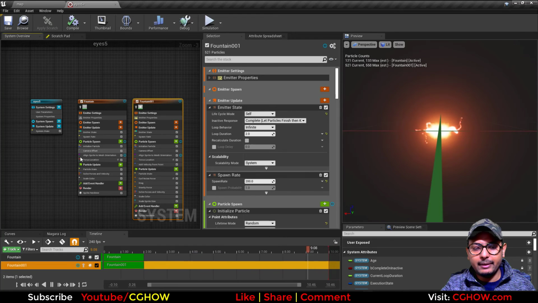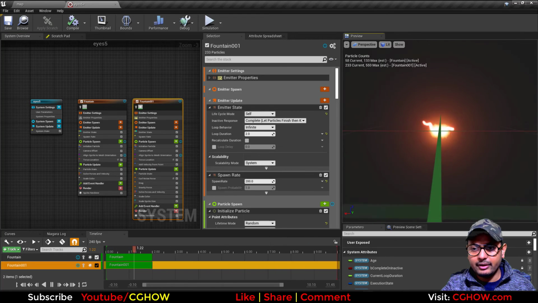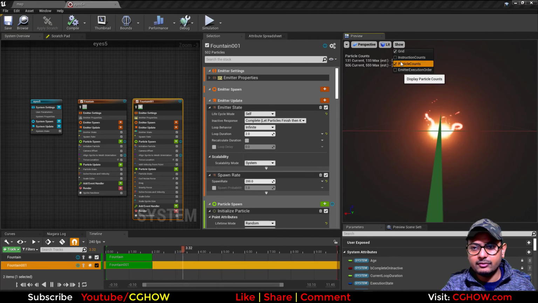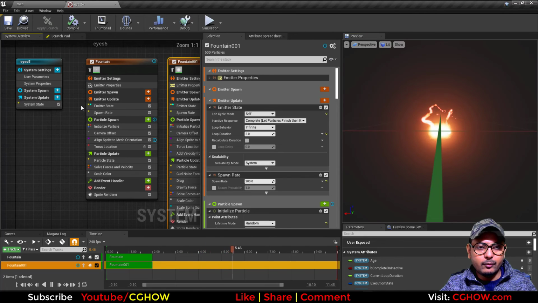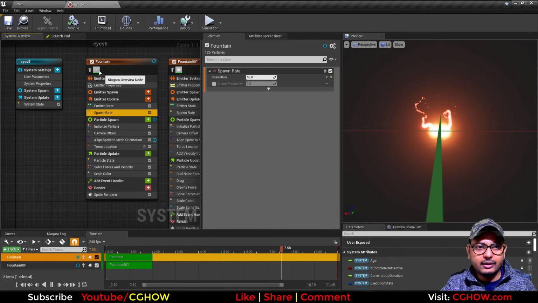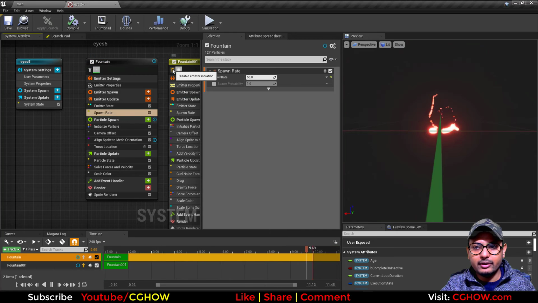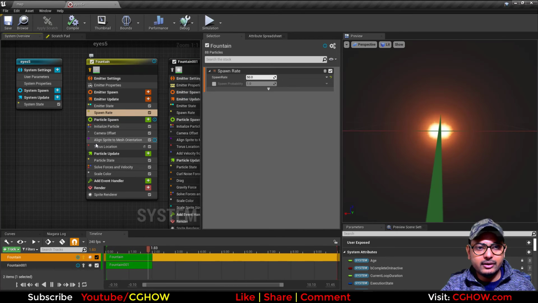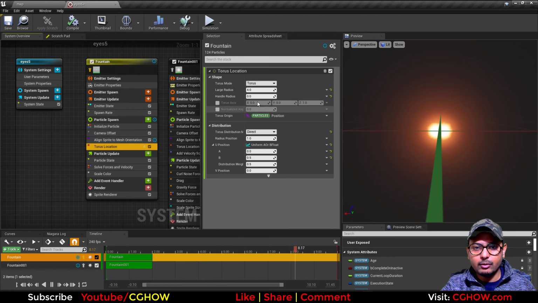And this is a very common eyes effect. I used the Mannequin motion poster, and I have already shown you how to create this from scratch, if you follow me. So in this one, this is just glow, in this one it's trails. In this one I am spawning 50 particles. I have also camera offset. Then I am using Torus location, and here multiplying execution index with 0.5, so these are exactly in front of